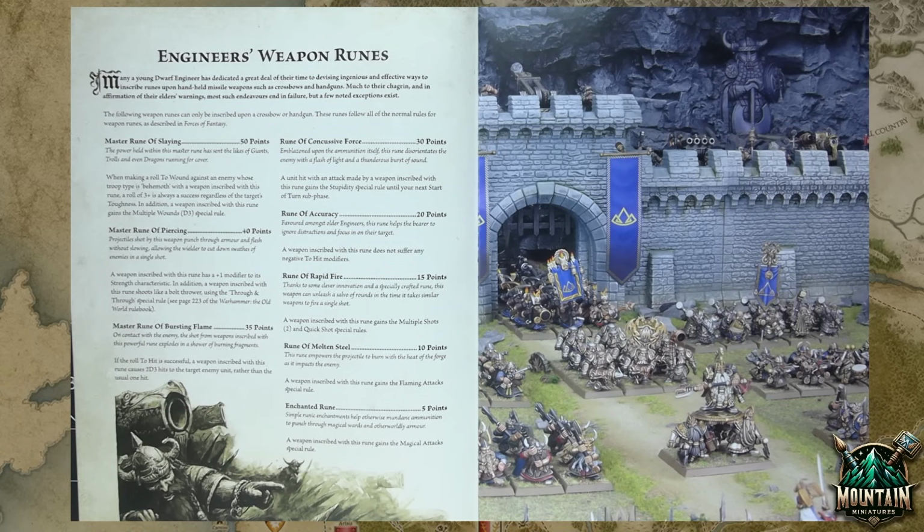And then we have the Enchanted Rune. For 5 points, you can get your weapon magical attacks. That's kind of good because of a little ethereal with Vampire Counts. That's really all you care about. I guess there's some Skaven targets where you care about magic attacks, but for the most part, I never think about it until I need it. But either way,